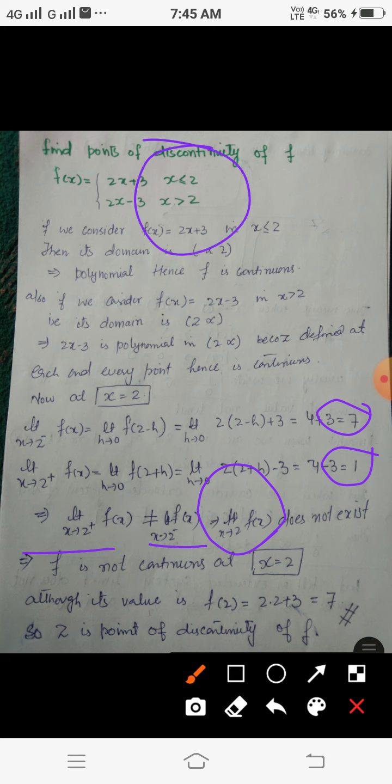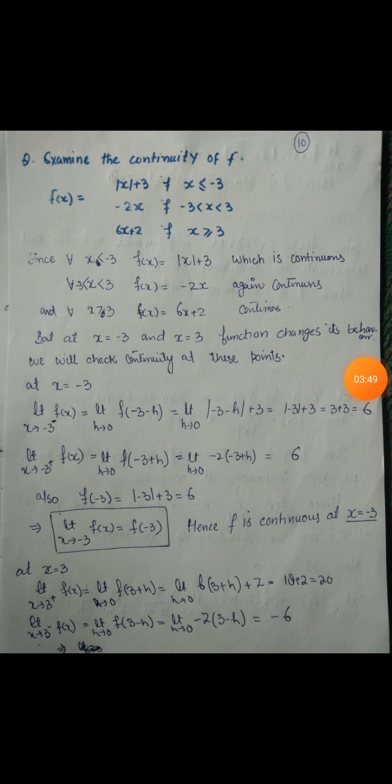So when the limit does not exist at a point, we say that the function is not continuous at x equals 2, although it is continuous at each and every point except this point 2. So 2 is the only point of discontinuity of f. Now the second one is,